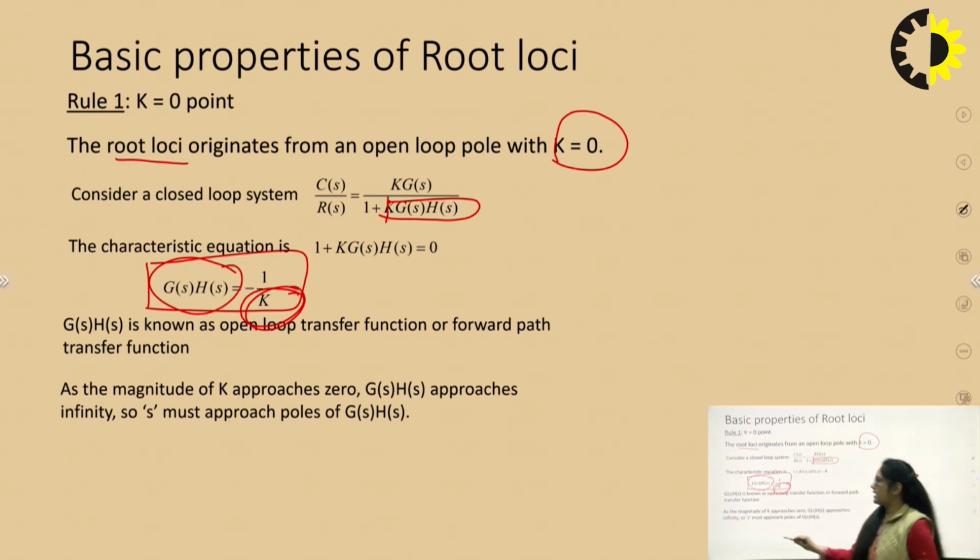It is only when S approaches the poles of G(s)H(s). Only then this value becomes infinite. Rule 2 states that because the root locus starts from K equal to 0,